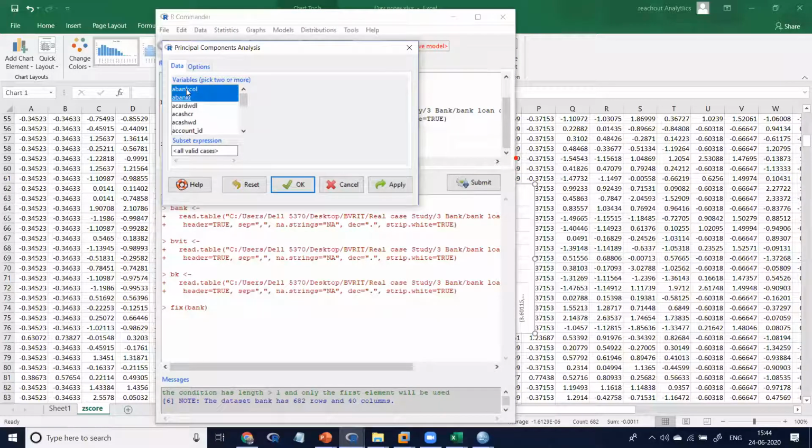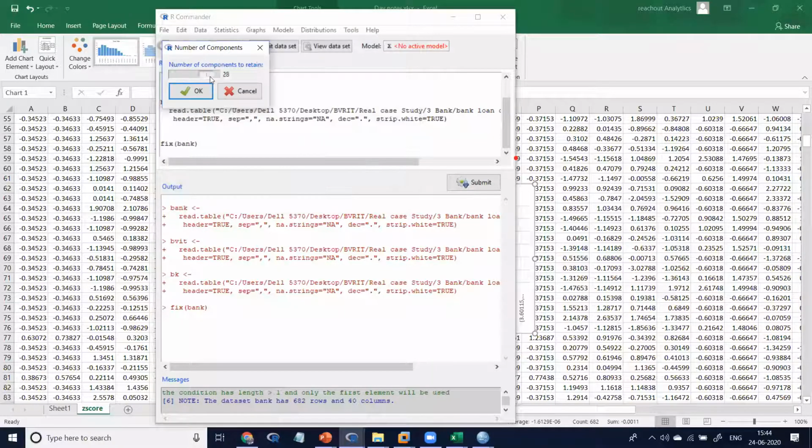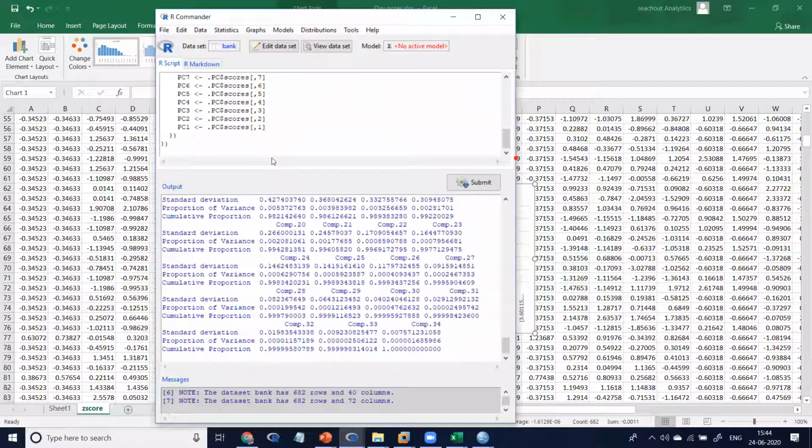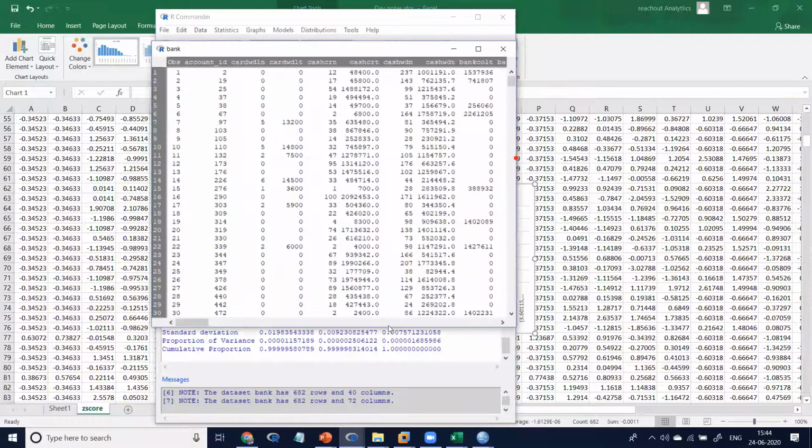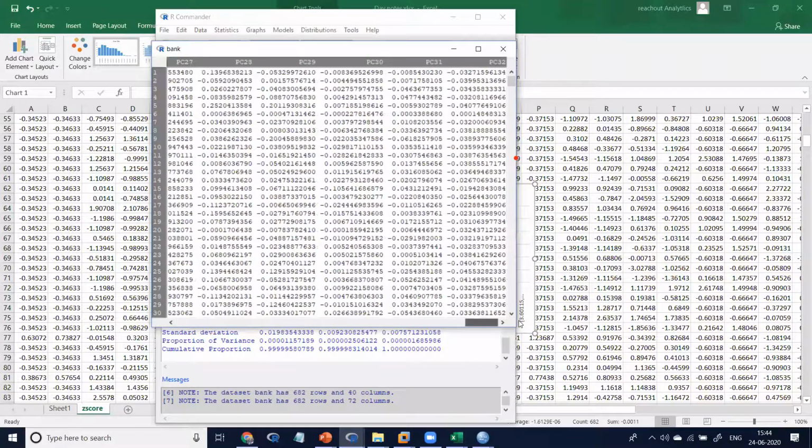Select all the variables. Come to here, add the variables to your data set, run it. I want to add 32 variables. Now I can see here the 32 variables where the data transformation is done. That is called PCA. It's done, completed.